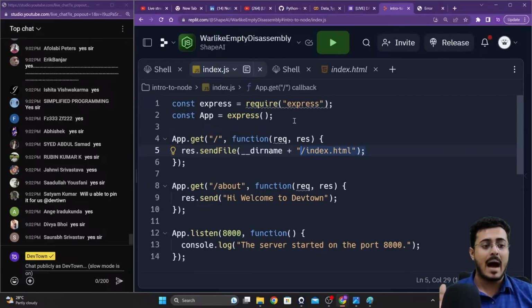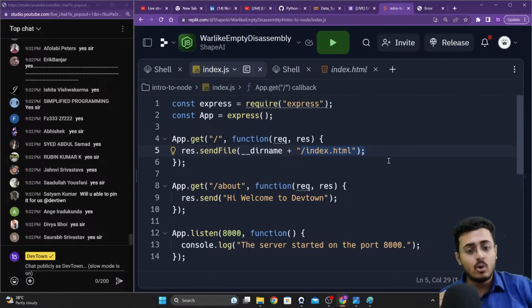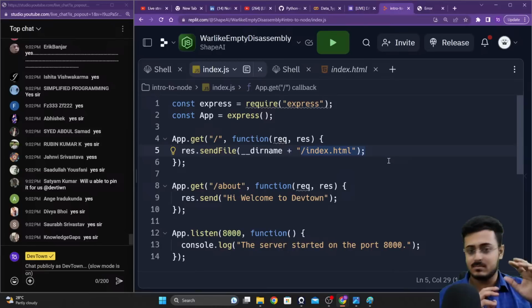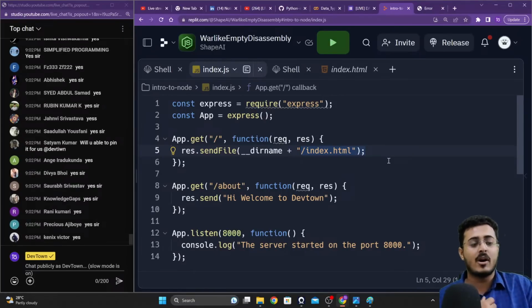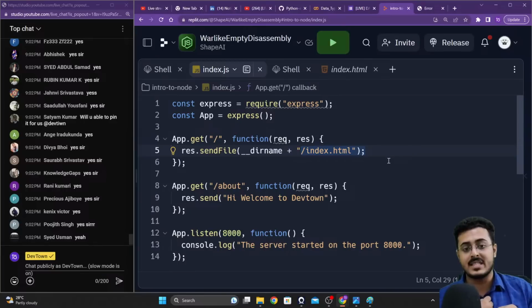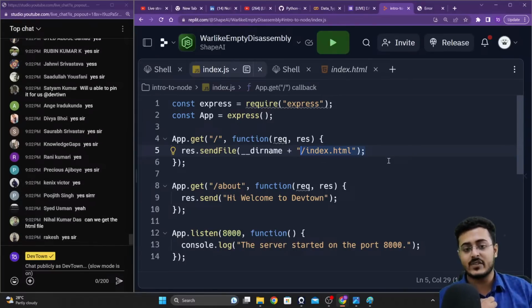Because currently your backend has no code to handle POST requests at the root of the website itself, guys. You have the method to handle the GET request. But right now, when you click on a form submission, you're trying to post some data to the backend, and your backend has no code to handle POST requests. That is what we are going to build right now.